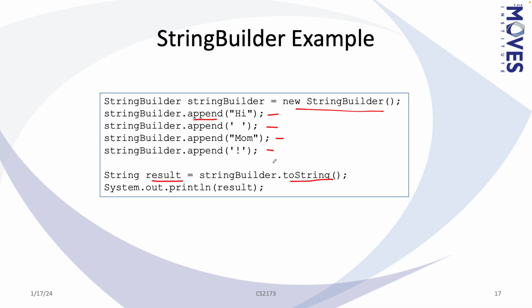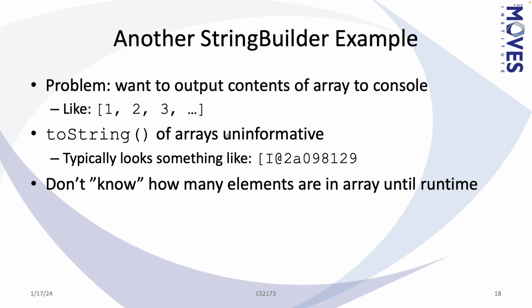Just to clarify, that result is not a reference to the StringBuilder. It's its own separate object. Absolutely, and in fact, we can figure that out, because it cannot be a reference to a StringBuilder, because StringBuilder and String are 2 different classes. And because of strong typing, once I declare a variable to be of one class, I can't assign another class to it. There's an exception to that, but only when we talk about inheritance. That's when we'll get into that.